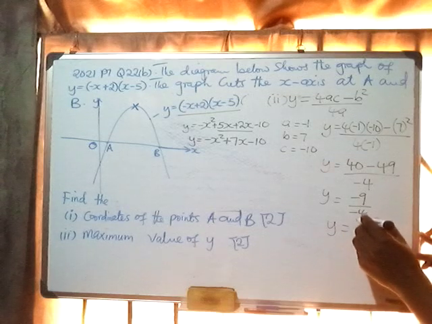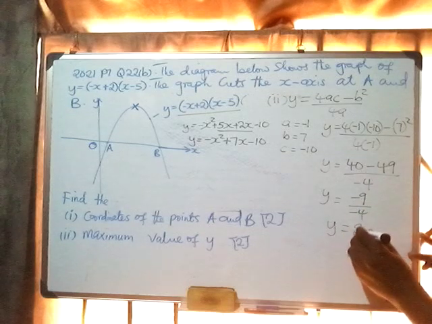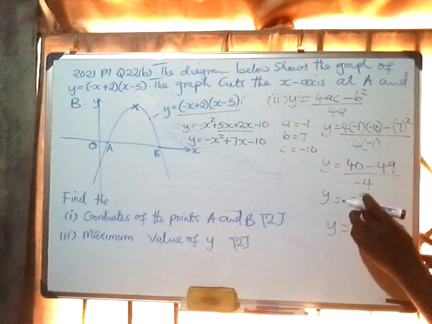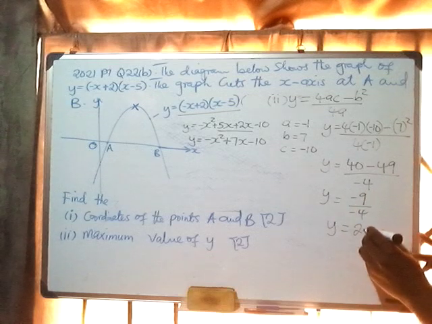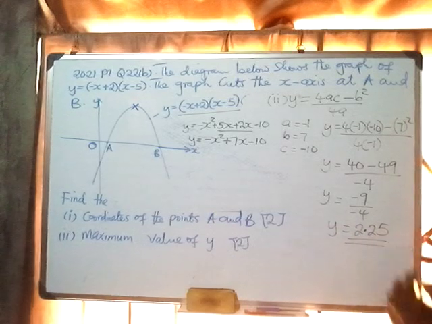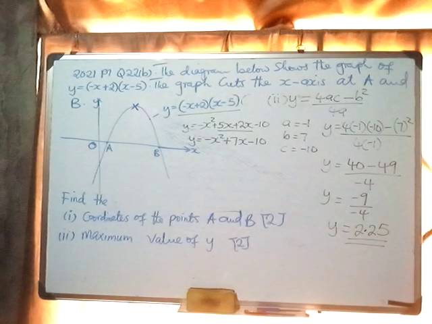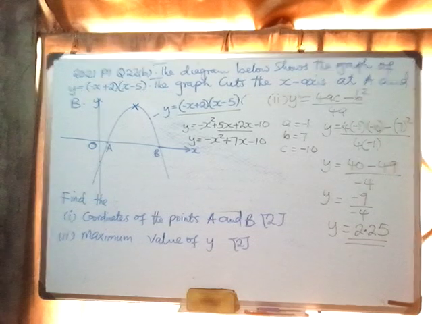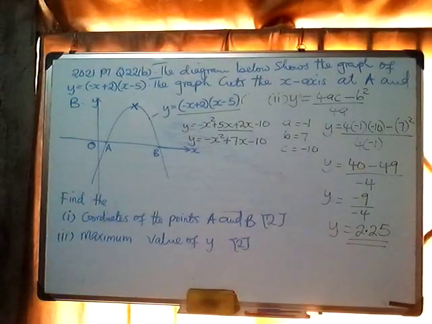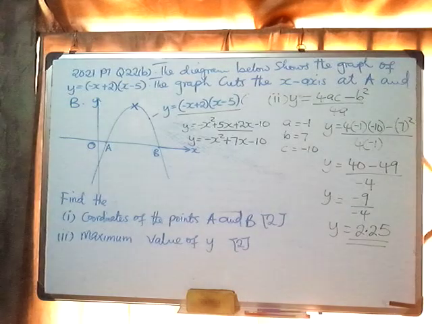So 9 divided by 4 gives 2.25, because a negative divided by a negative is positive. So this is the answer we have for the maximum value of y. That is the maximum value of y. Let us look at another last